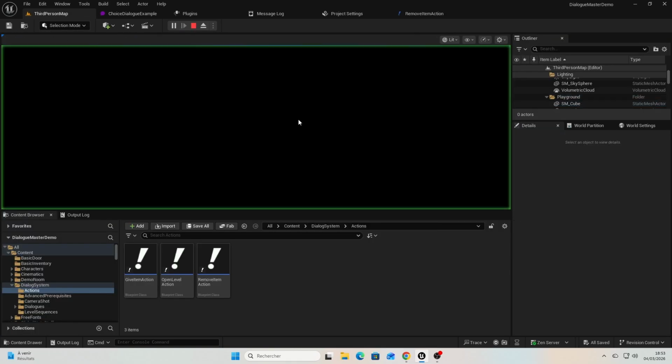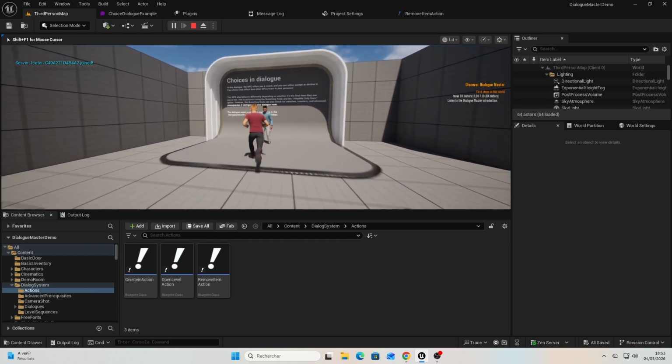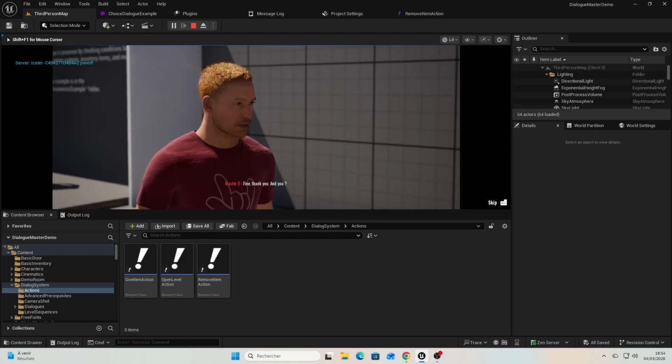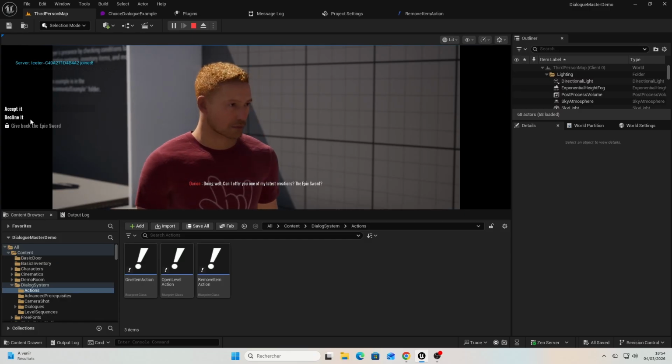Now let's test the full flow. The first time we interact with the NPC, we see the locked sword return option, while accept and decline are